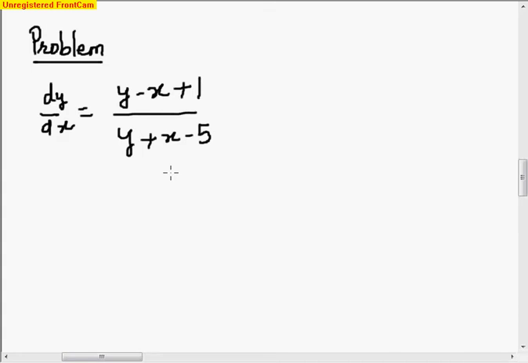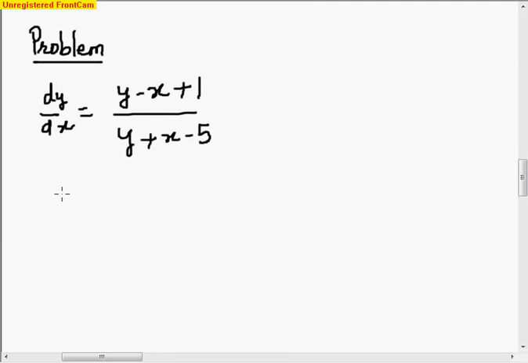Maybe this can be exact, so it can be solved by exactness. Right now we are doing it as an example for the equation reducible to homogeneous equations. There may be other methods to solve this equation, definitely. And right now I can see that this is not a homogeneous equation, so I'll make this equation a homogeneous equation. I'll make this substitution.